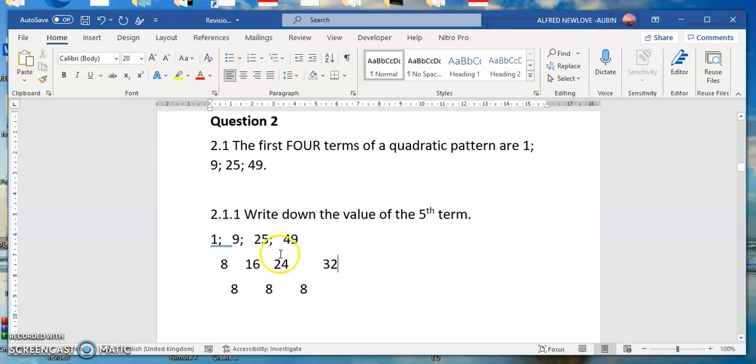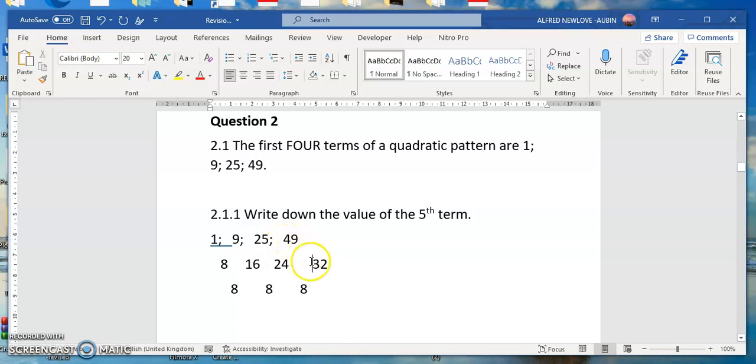Then how did we get the next term? Let me bring it closer. How did we get this 9? It's 1 plus 8, which is 9. 9 plus 16 is 25. 25 plus 24 is 49. So the next term is going to be